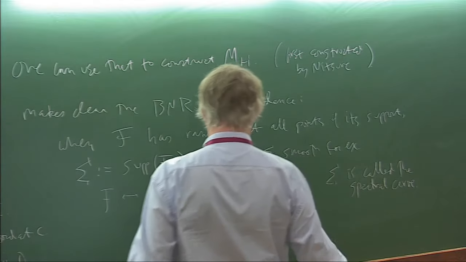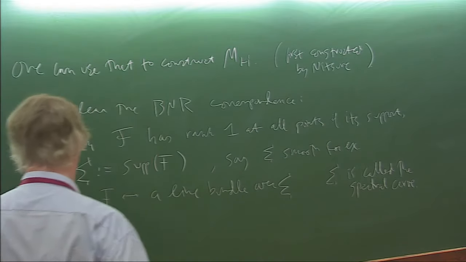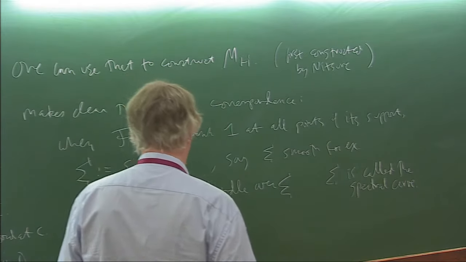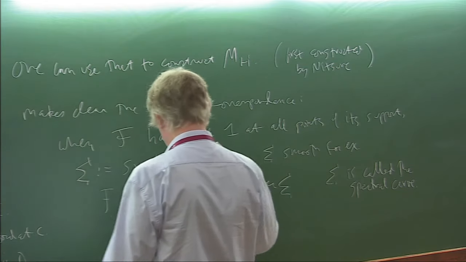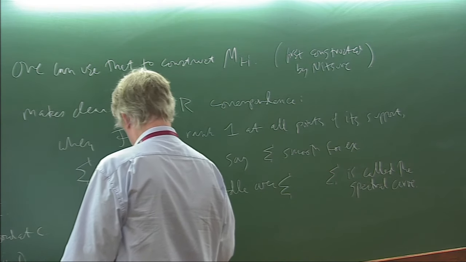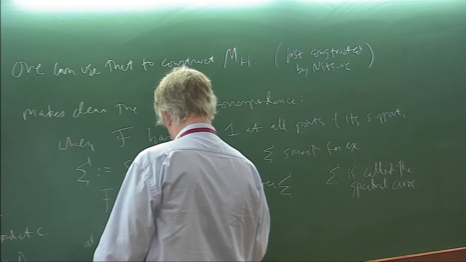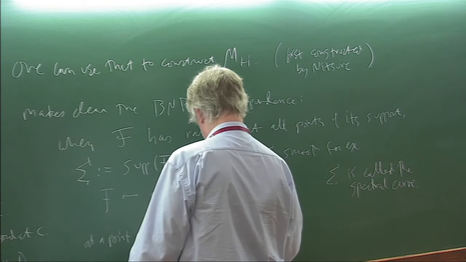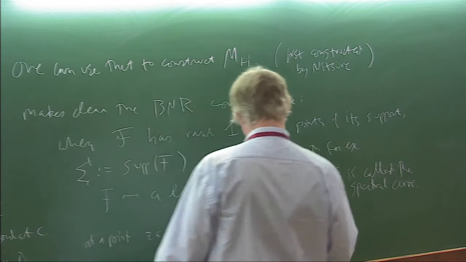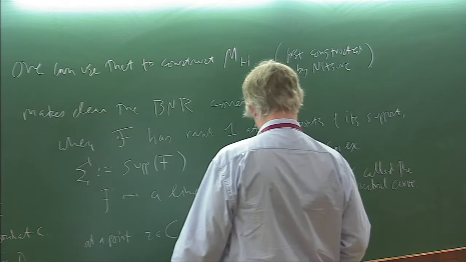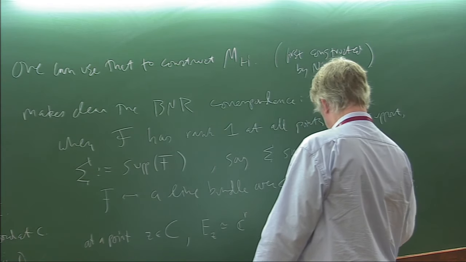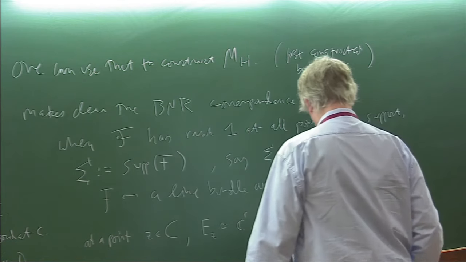Let me just go back and recall what this actually comes down to saying. I'm sorry, many of you know this by heart, obviously, but in case of students, for example. What does this come down to saying? At a point z inside C, in our curve, we have E_z isomorphic to some vector space C^r, where r is the rank, and phi_z. So phi_z usually goes from E_z into E_z tensor K_z, right? But if we choose